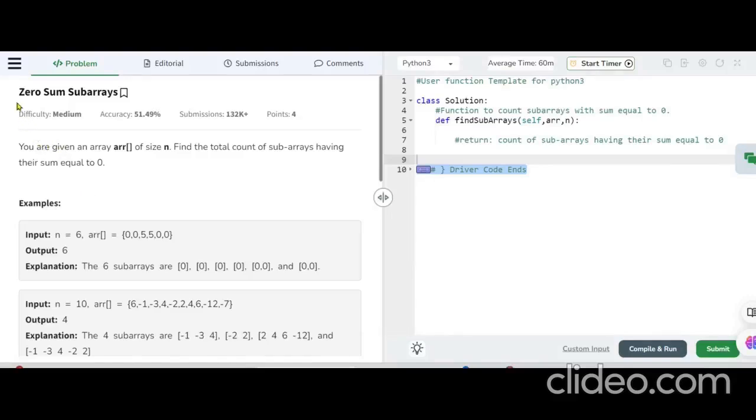To find zero sum subarrays, we have given an array of size n. We have to find the total count of subarrays having sum equal to 0. Here there are 4 zeros. 0 itself is a subarray, so 4 subarrays are there, and these 2 consecutive 0s is one subarray whose sum is